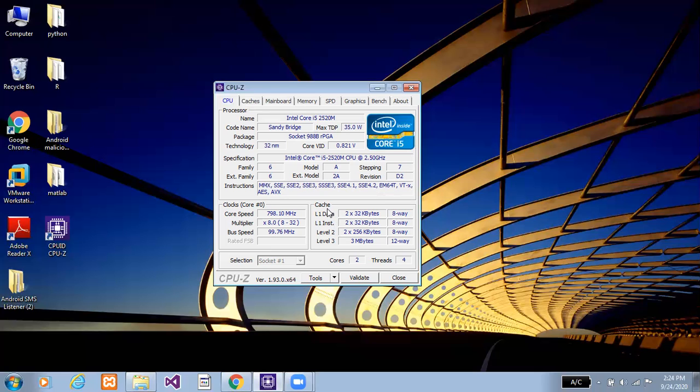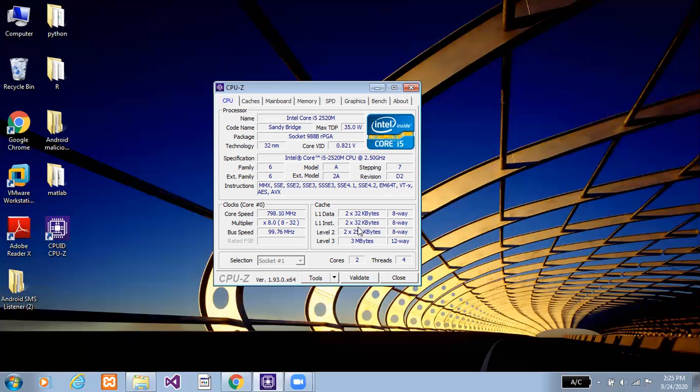In cache block, it shows the information of cache on the processor. CPU cache is used to reduce the average time to access the memory. Cache memory is faster than the main memory. Cache basically stores the copy of the most frequent data from main memory.